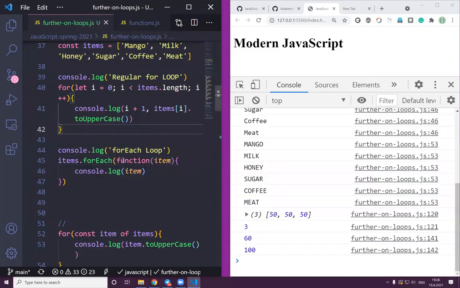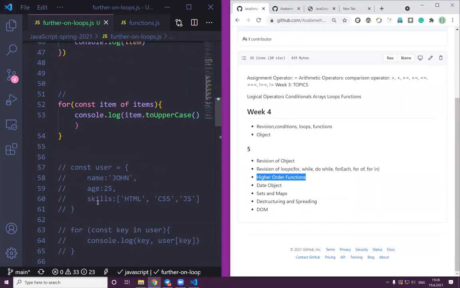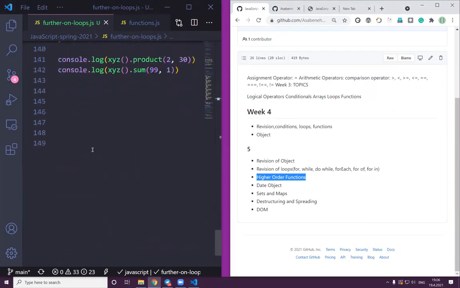Yeah, so as you can see, we have a higher order function because the function has been used as a parameter inside this forEach method for the items array. Okay, great. Yeah, so if we talk about higher order functions, but let's talk about this, the functional programming, most